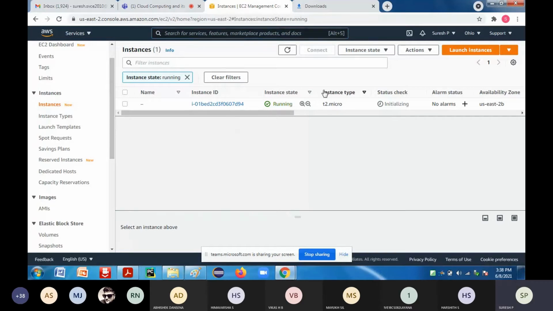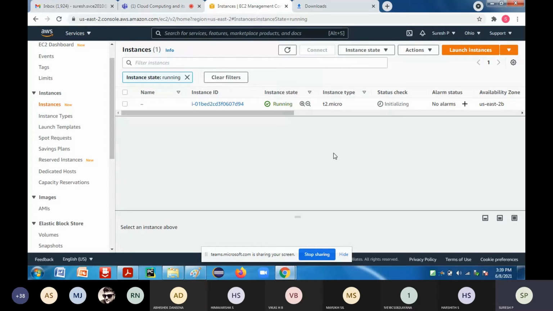Now when you create the instances, the instance can be in either of these states: it may be in the start state, it can be stopped, or it can be terminated. Whenever you use the free tier, my sincere suggestion is that once you have completed the work, you go to that instance and delete it, because in a free version, any instance you create will give you 750 hours for free.